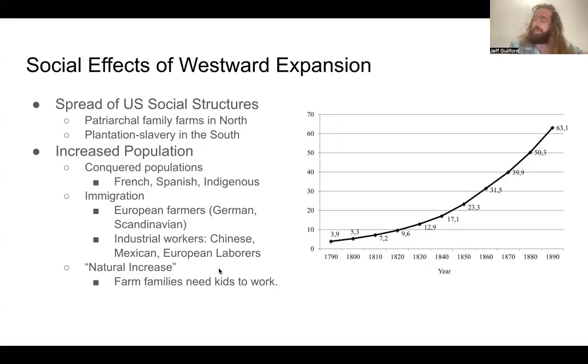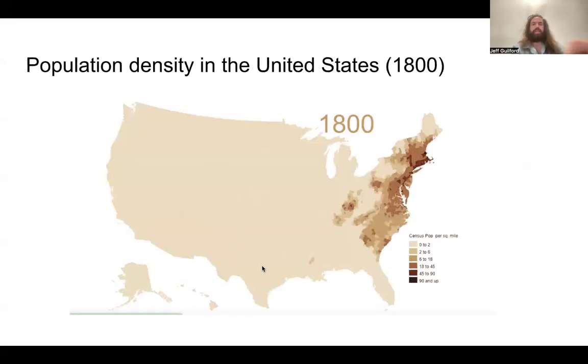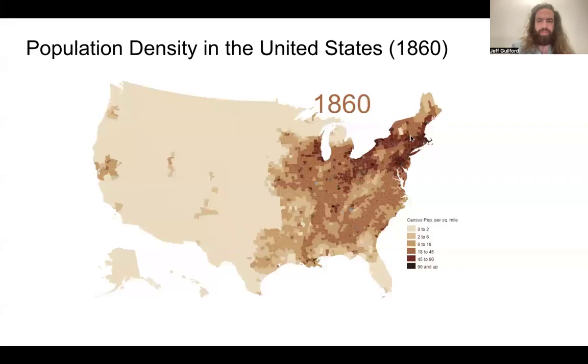Also, as farms spread, population tends to increase, and this is just largely because farms need kids to work. So if you look at this map here, you can see the spread of the US population from 1800, which tends to be clustered over towards the East Coast, spreading out to occupy all this territory east of the Mississippi, and then also the first kind of beginning of the spread of US populations out into the West in Texas, California, Oregon, and also Salt Lake City. Shout out to the Mormons.